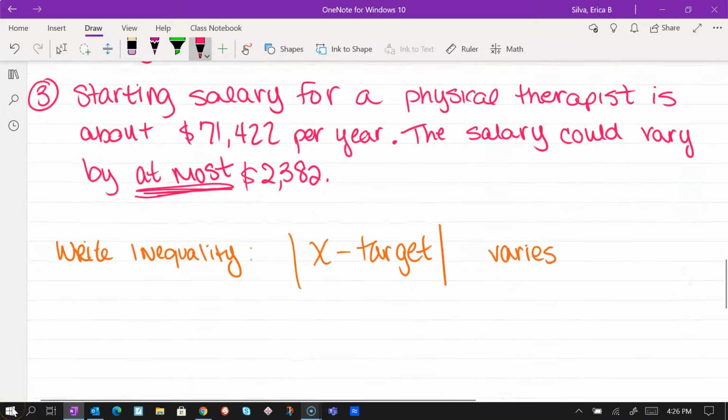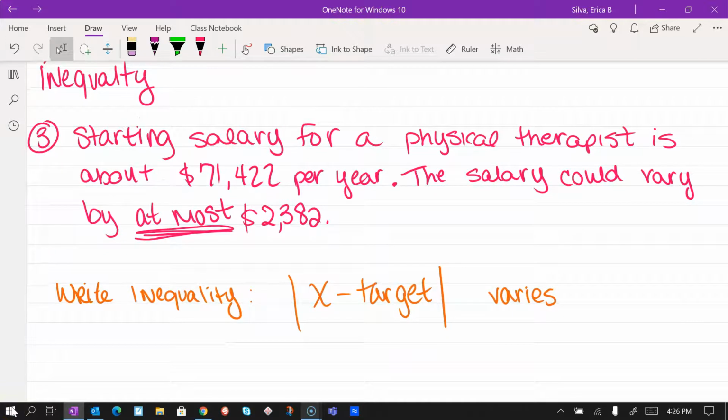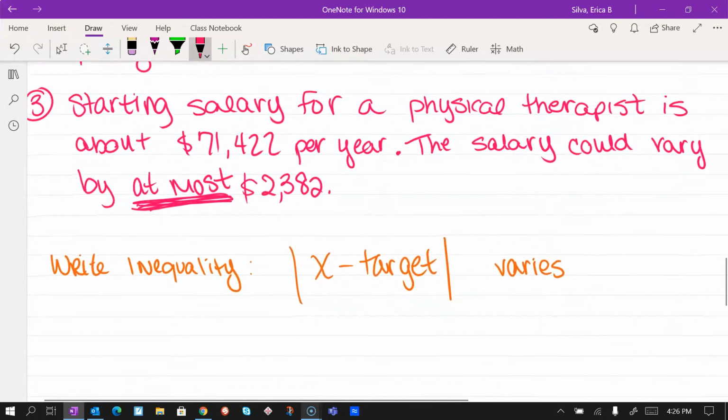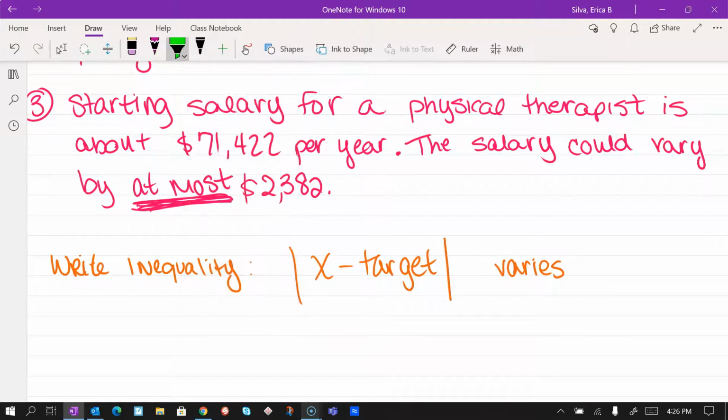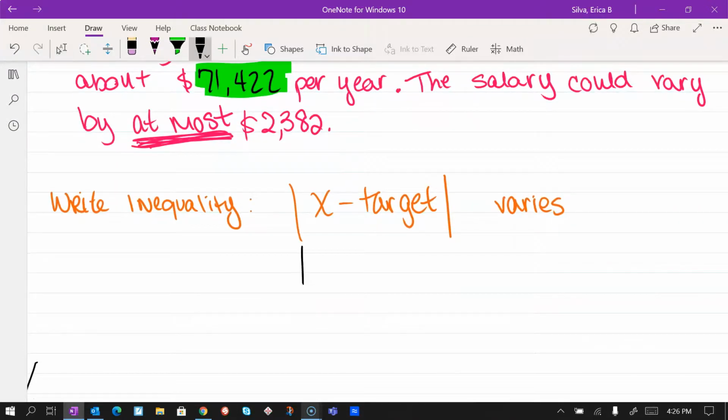Okay, so we're going to look at this inequality problem. So starting salary for a physical therapist is about $71,422 per year. The salary could vary at most $2,382. So when we write my inequality, again, we start with x minus the target. So our ideal amount would be $71,422. So we first write x minus